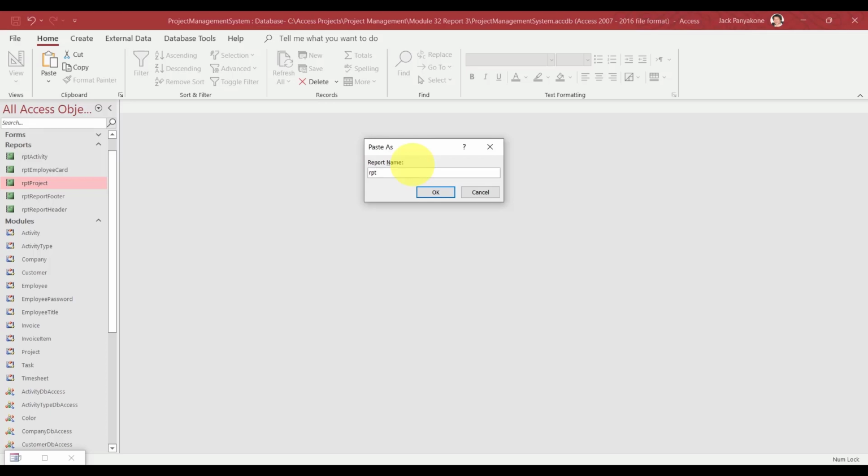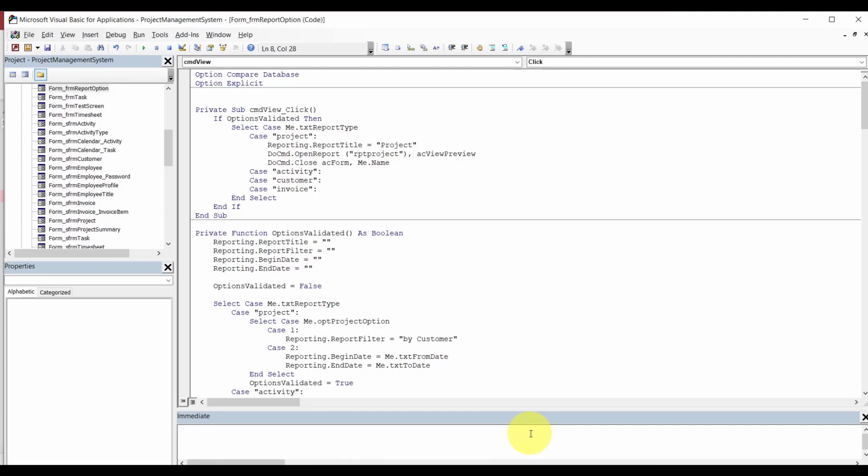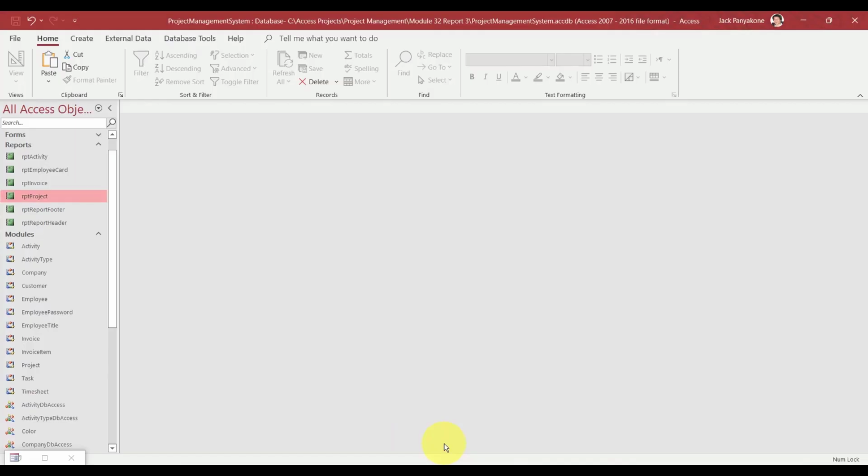What do we have? Invoice. What else do we have? Tell me. Customer. Paste. Report. Customer. I think I misspelled this report here. RPT. Customer. See there? Now we can